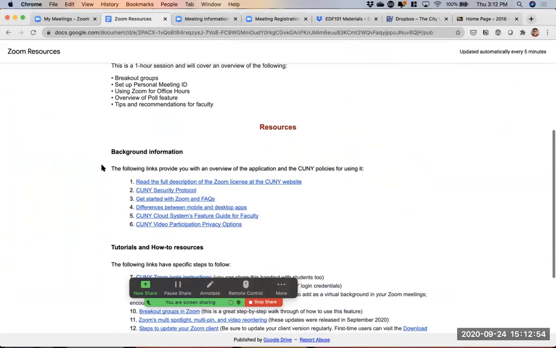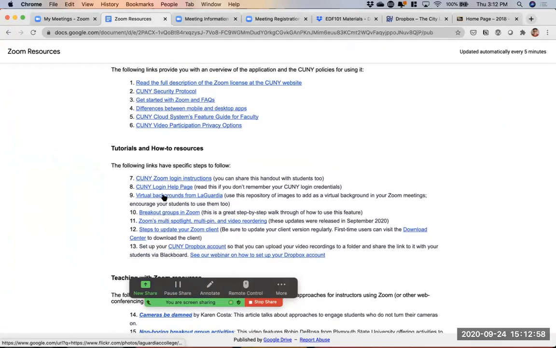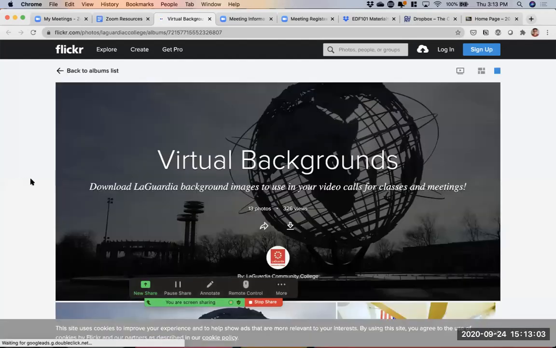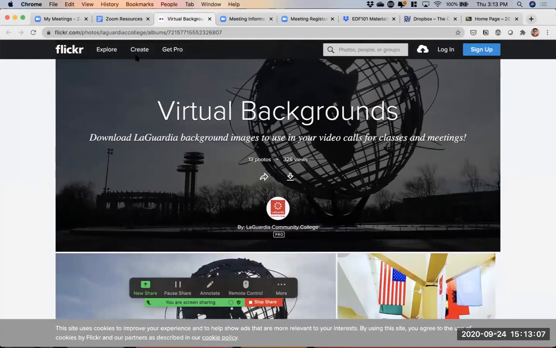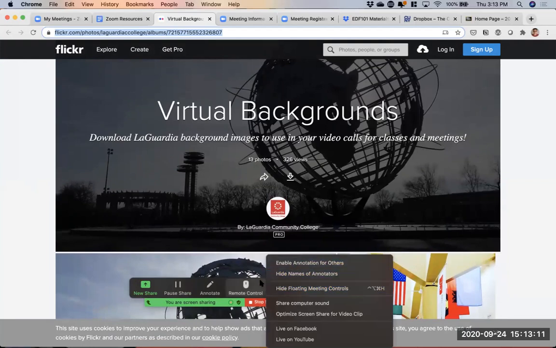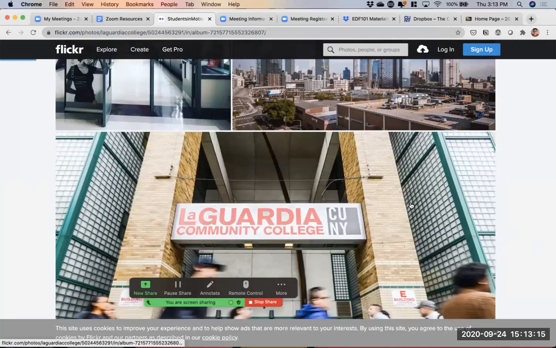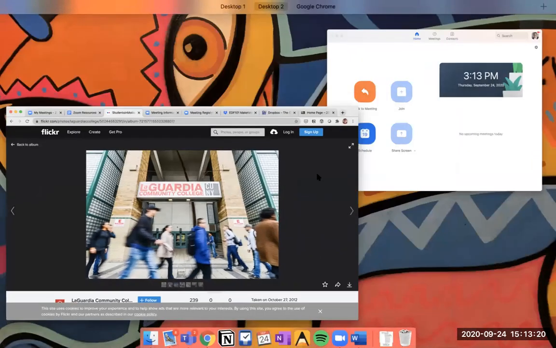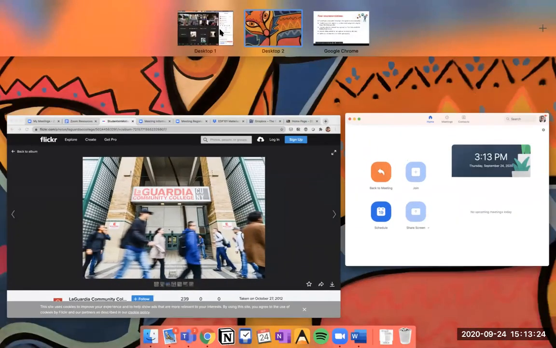I wanted to show you very quickly on this Zoom document that I shared, the virtual background. It's resource number 9. This is what I was talking about a moment ago. LaGuardia put together this very nice set of images that you can download as virtual backgrounds. I'm going to pop this on the chat, and you can simply choose any image that you want, and then you download, and then you can add it. The way that you add it to your account,